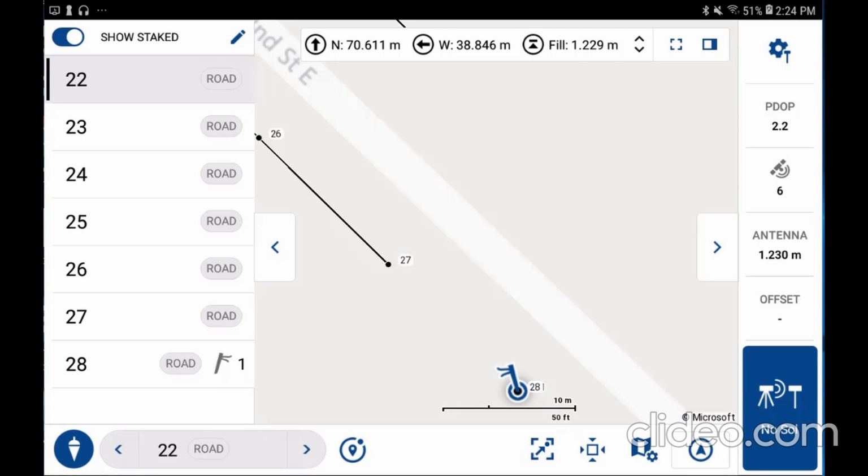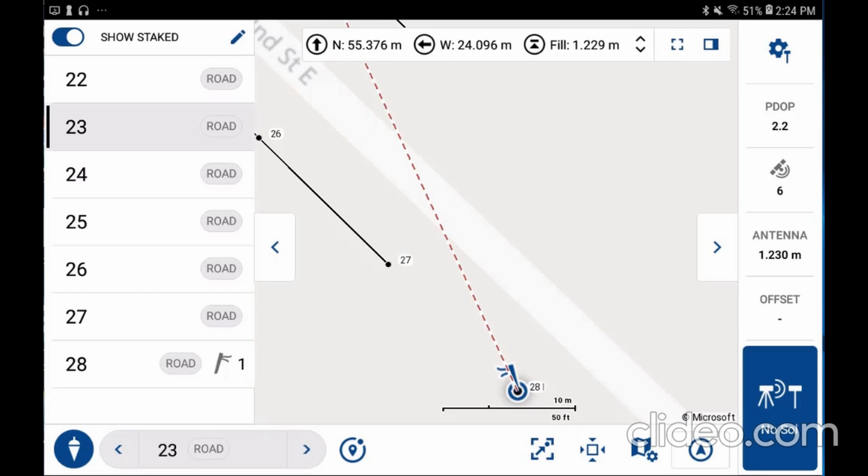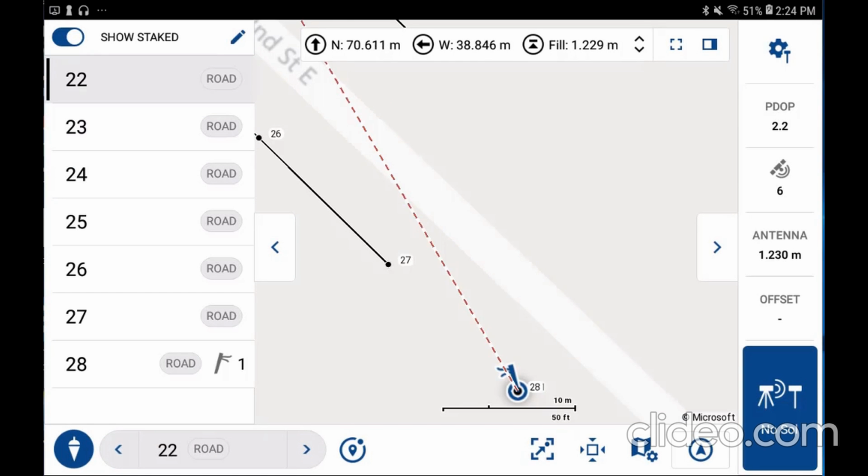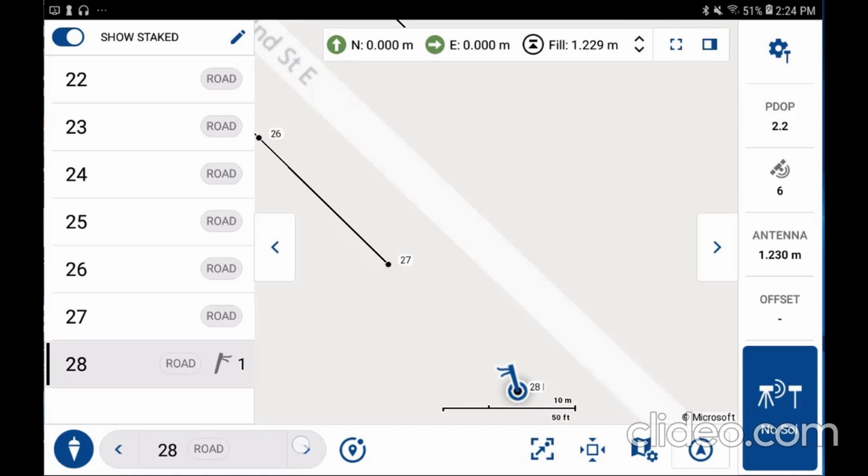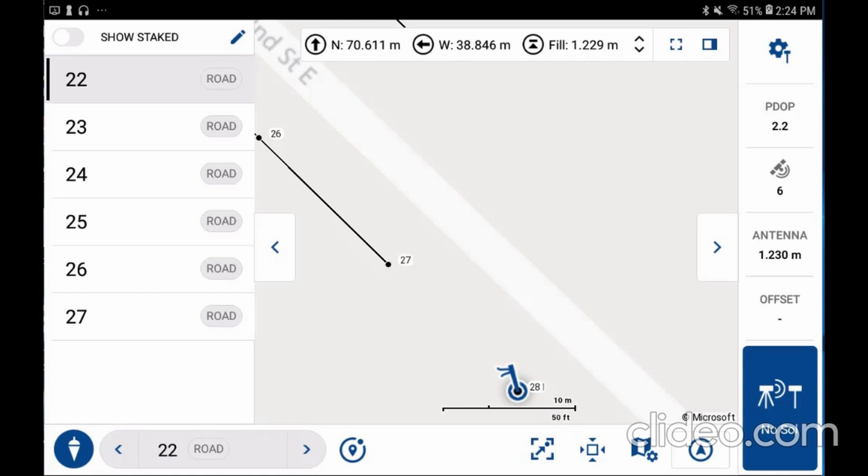And now that that point is stored, we can pick on the left or right buttons to cycle through the list until we find another one that we want to stake. And if I turn off this feature to show the staked points, then it doesn't show me point 28, which